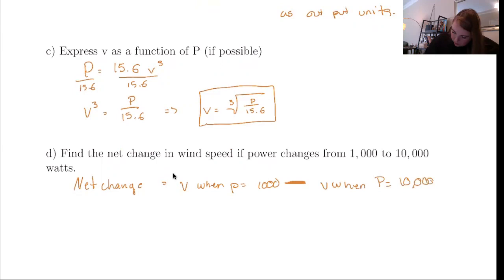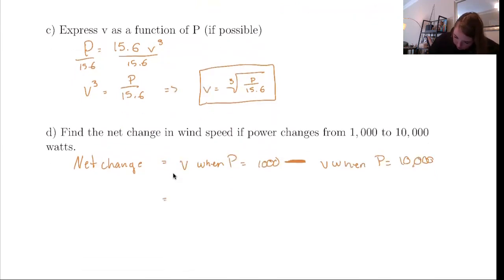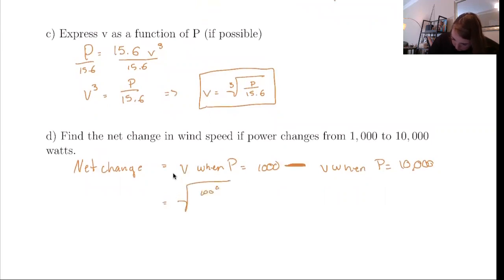That first P should be capital. So that would be the cube root of 1,000 divided by 15.6 minus the cube root of 10,000 over 15.6,